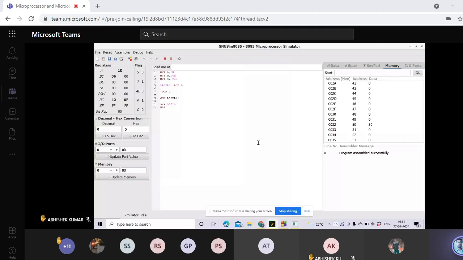Yeah, that program is correct, I guess. So it's a simple looping program, right? Where in A and B register you have kept the data, and in C register you have initialized your counter. So the input from the user should be the two numbers only. So this counter is a variable which is decided from that B register, isn't it?